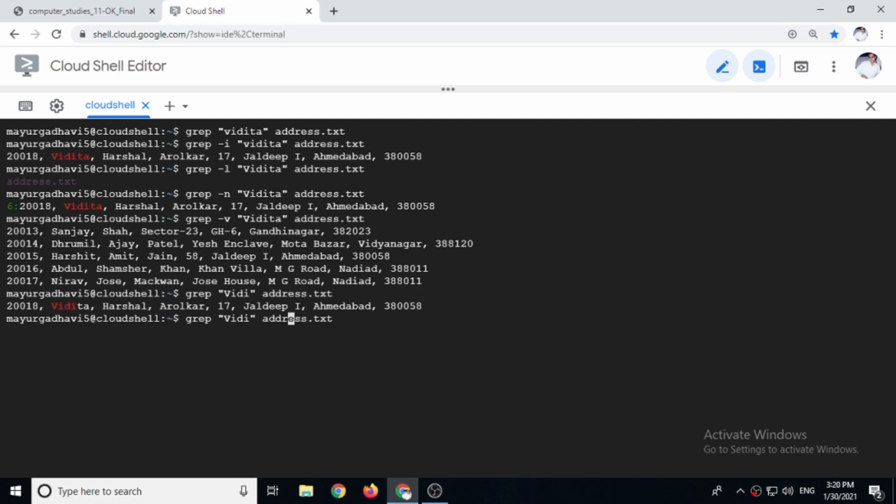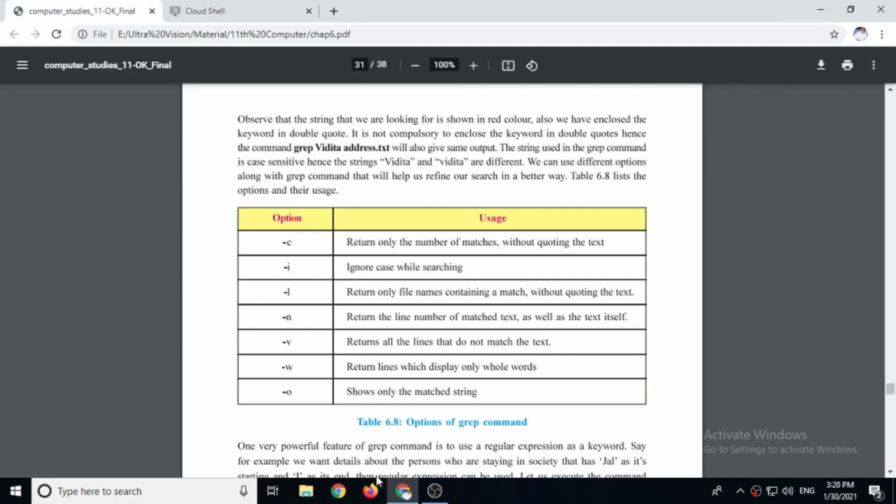But if you want to match the entire word, then you have to give minus W. So if just the VIDI word is there, then only it will be able to find it, otherwise it will not. This way minus W helps to find only the entire word and not the half portion.